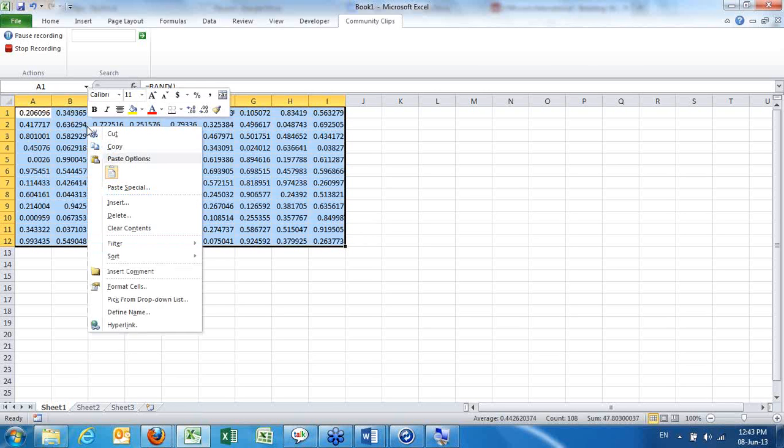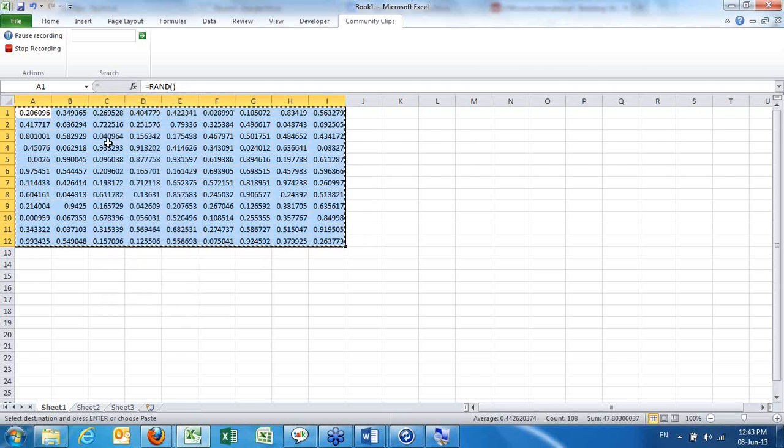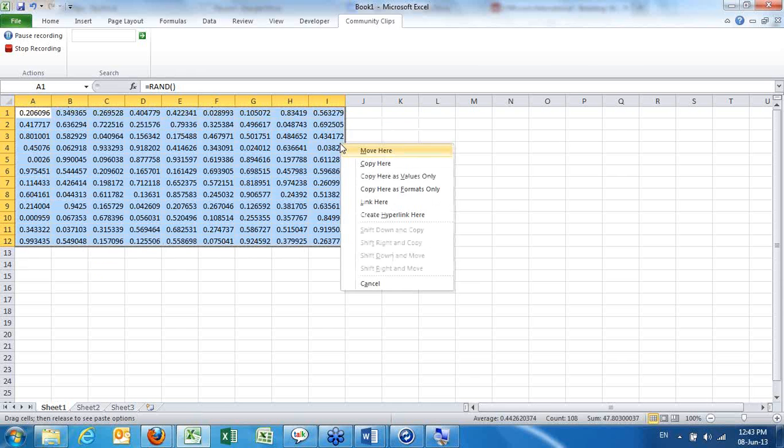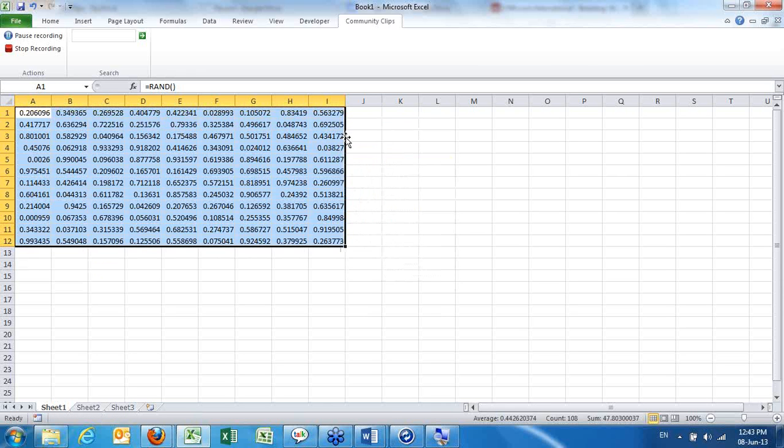Normally we do right click, copy, and then paste special values. Instead of doing that, I can move the cursor onto the border of the selection. I'm going to press the right click, hold it, drag it out, and put it back at the same position again. I repeat it once again. I'm going to click on the boundary, drag it out, and put it back at the same